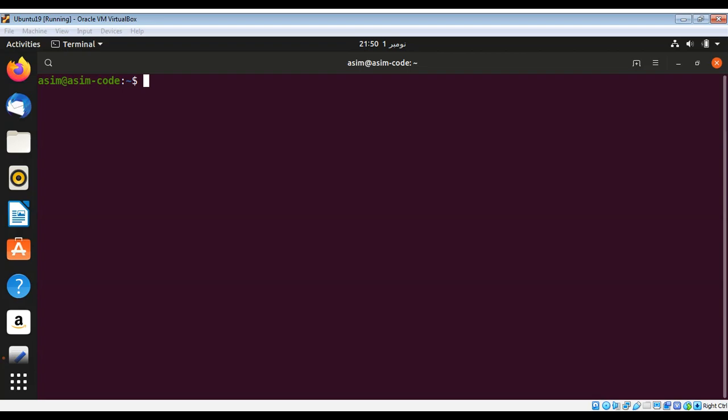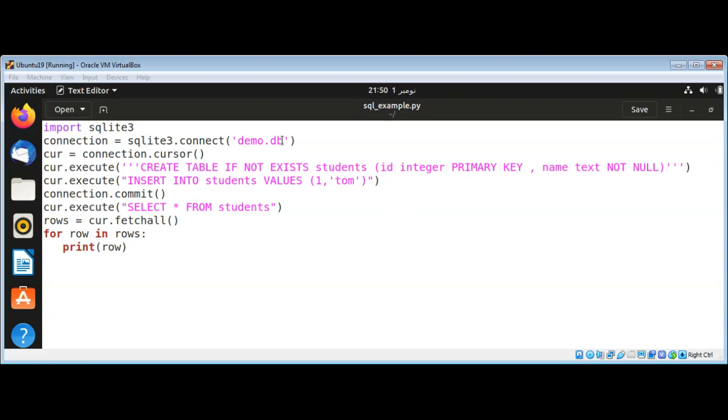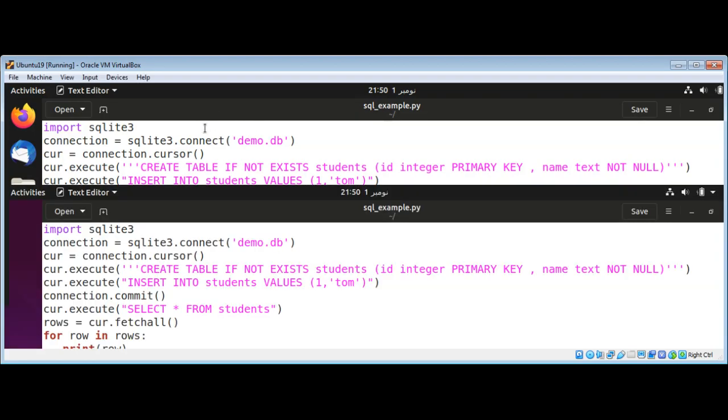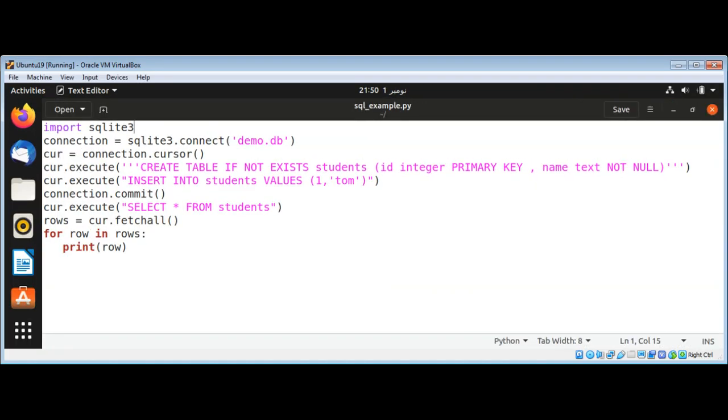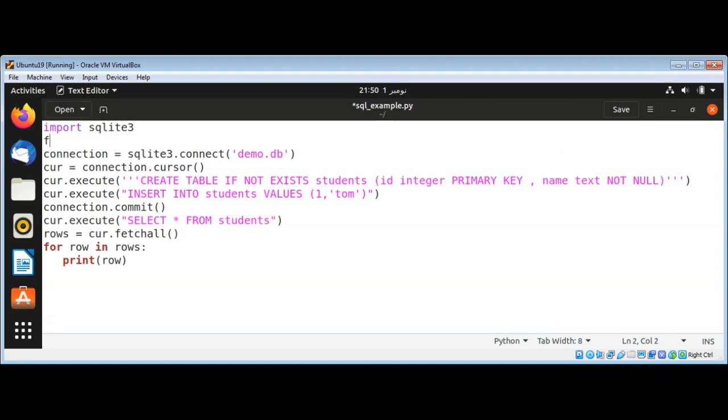Also in this code, error handling can be done using sqlite's Error built-in class. We can use try and except and also print the error. We can import Error from sqlite3. We can write from sqlite3 import Error,